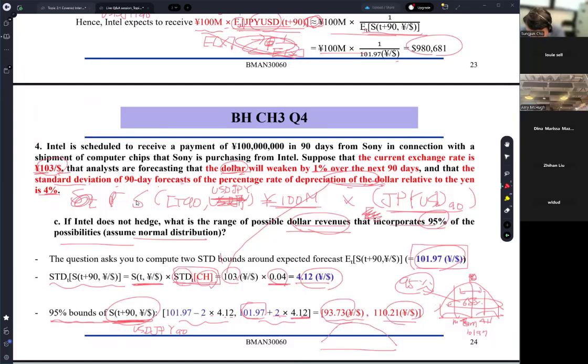So 95% bound, 95% of values will appear here. The low one is 93.73. The upper one is 110.21. Given mean and standard deviation, we can get these distributions. Now the problem is, what you are trying to get is the 95% bound of 1 million yen times JPY USD at T plus 90. What we have is the 95% bound of the USD JPY. To get the 95% bound of this whole thing,